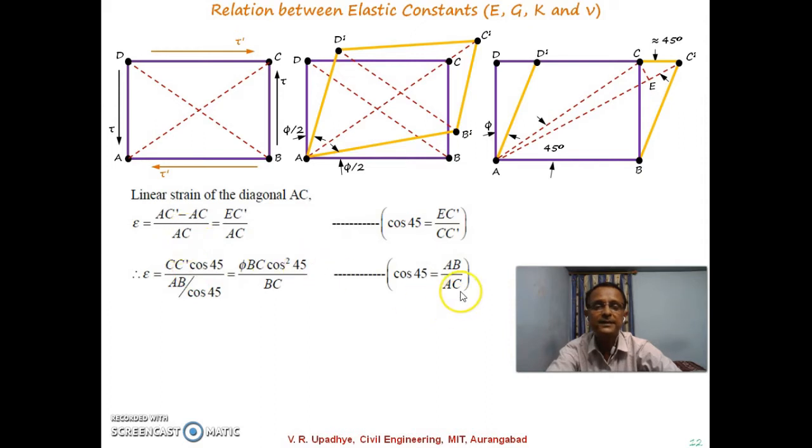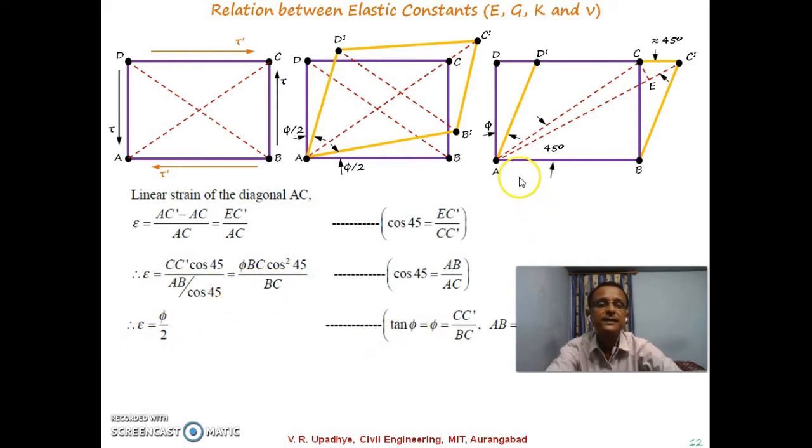And for AC, if this is AC, then cos of 45 is this AB divided by AC. So for AC, what we can write is AB divided by cos 45. So CC dash cos 45 stands for EC dash, and AB divided by cos 45 is written in place of AC. So that this can be written as, now what we are writing is,